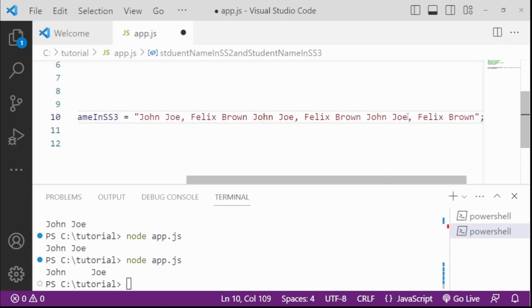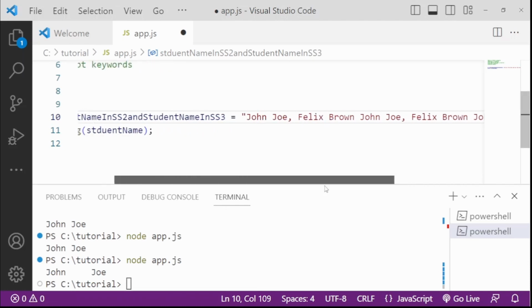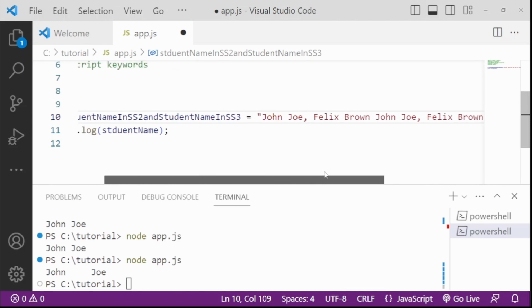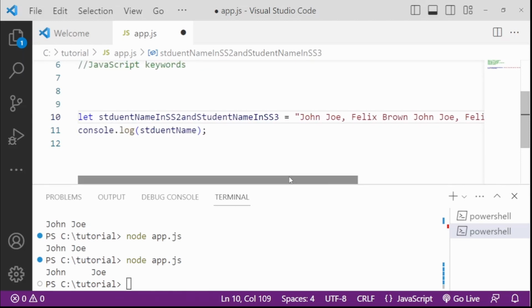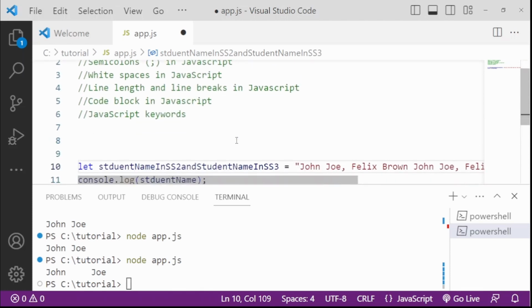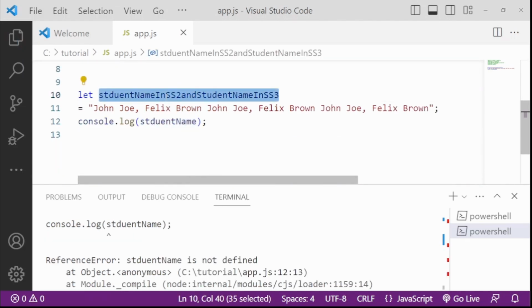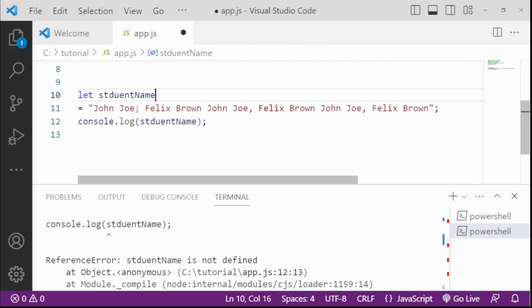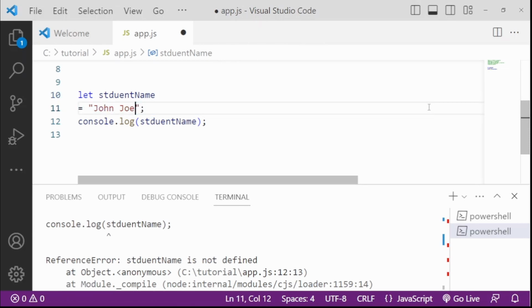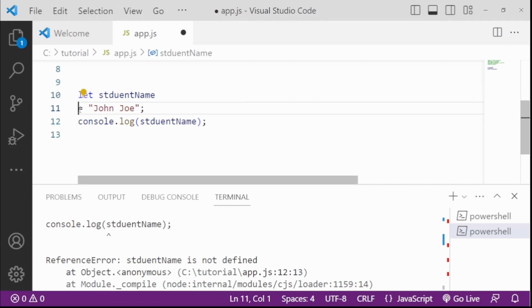So look at this. In case the statement is this long, you see that some part of the code is hidden from sight, except you have to scroll horizontally. So most times it is advised that when you have such code, you should break it into 2 lines. All right, that's where we have the line breaks. Okay, we have to reverse this. So let's assume this is a lengthy code we need to break. Okay, so here, if we break it here,